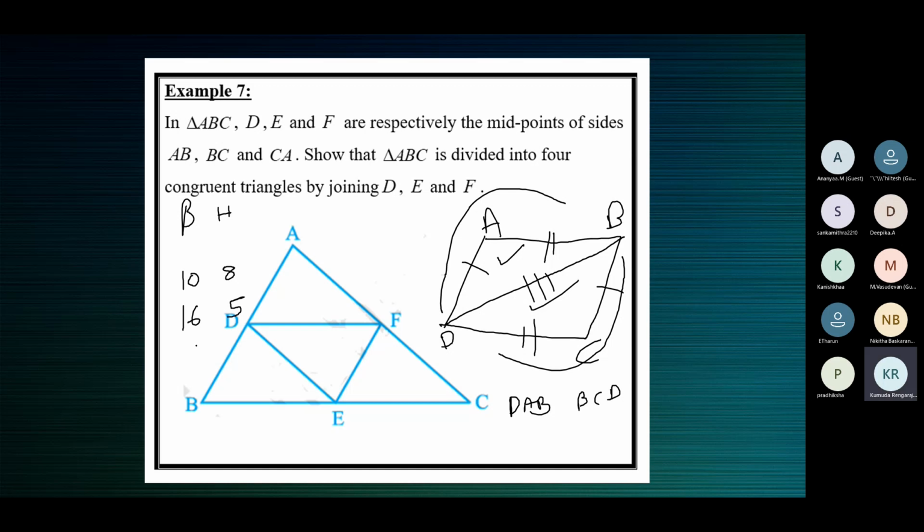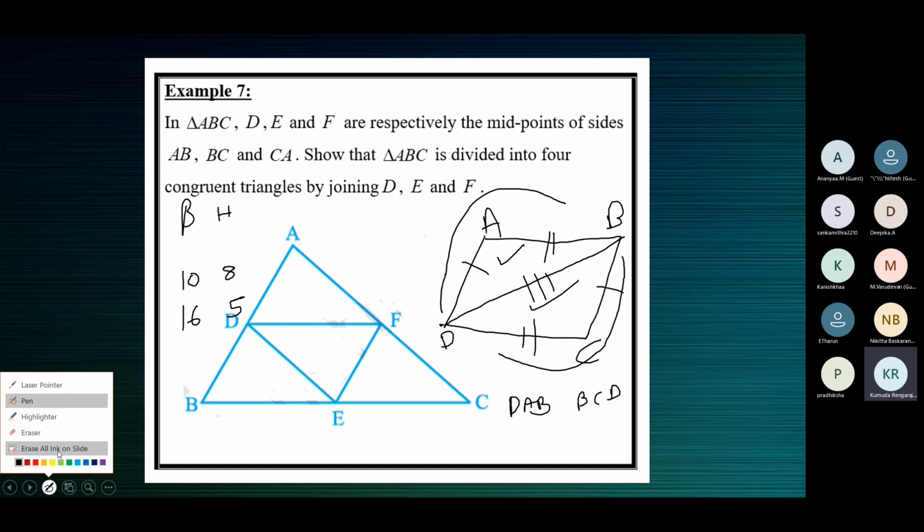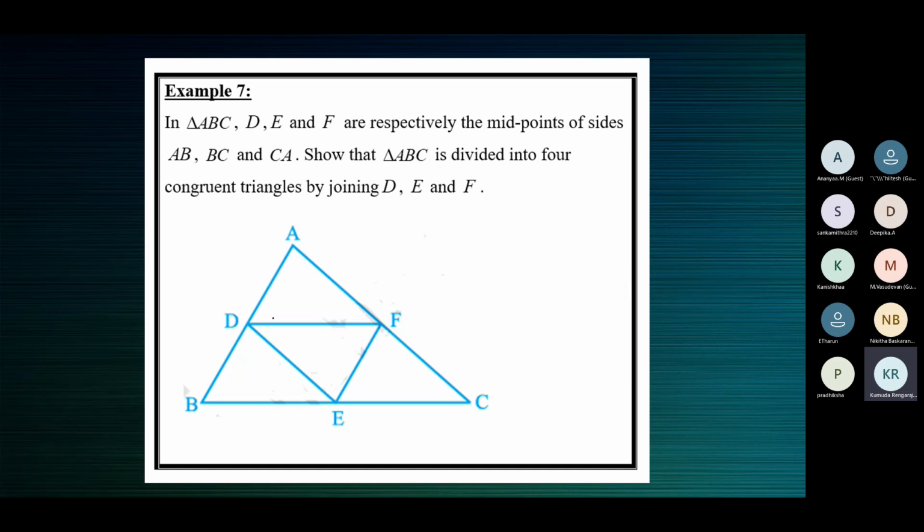Two triangles with the same area may be congruent, but they need not be congruent. But two congruent triangles are always equal in area because congruent itself means identical. If they're identical, one looks exactly like the other, so they should have the same area. But two triangles equal in area need not be congruent to one another.